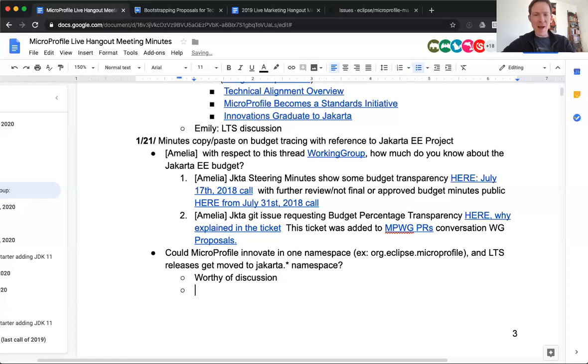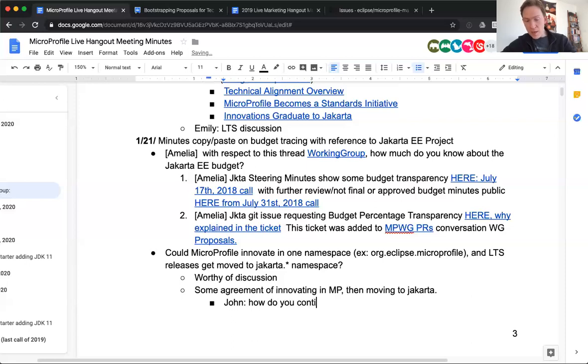So I'm not so intimidated by moving from the org.eclipse.microprofile package name to the Jakarta package, because we have this problem already. And the benefit to a user is that I don't have to go look up any documentation. I don't have to ask, is this org.eclipse.microprofile foo a stable one or an unstable one? And does everybody in my team understand the difference? Do they have miscommunication amongst themselves about which one is which?